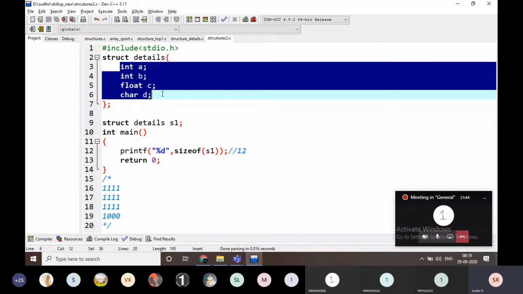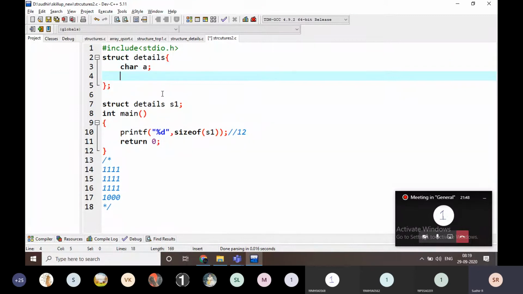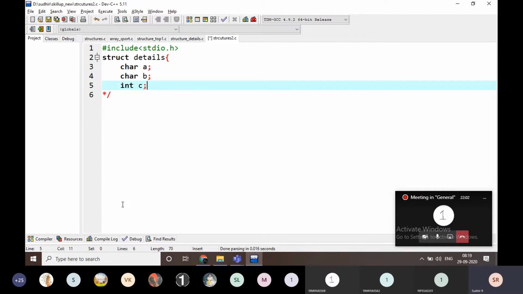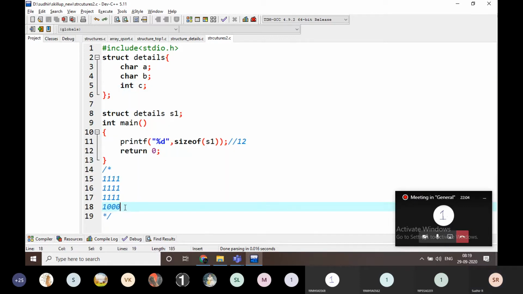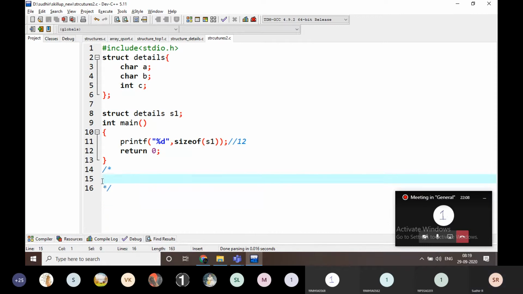Now again I am going to tell you, char A. Just listen carefully everyone. Again char B and int C. Can anyone tell now what is the output here? Students, can anyone tell now what is the output of char A, char B, int C?